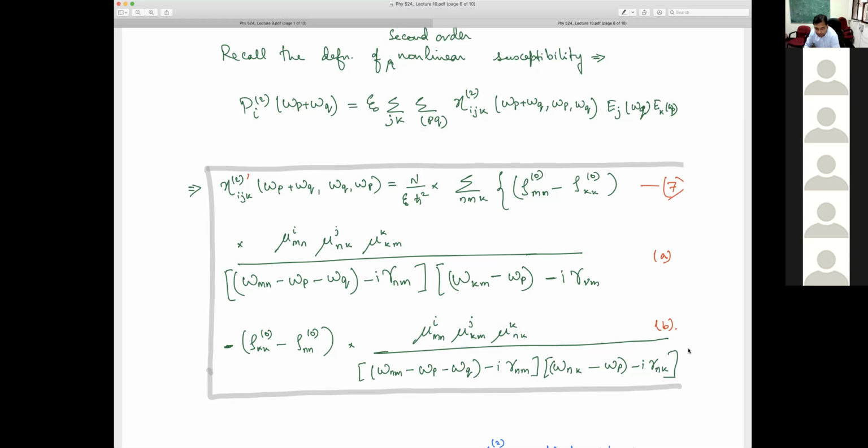And it includes all the processes, right? Because I have not specified what omega p and omega q explicitly are. So the sum can also go to 0, rectification. The sum can be over different frequencies, omega p and omega q can be different, so that's sum frequency generation. Then omega p can be negative, the negative of mod omega p, let's say. So that will become difference frequency generation, or rectification. So it includes all of these processes basically.